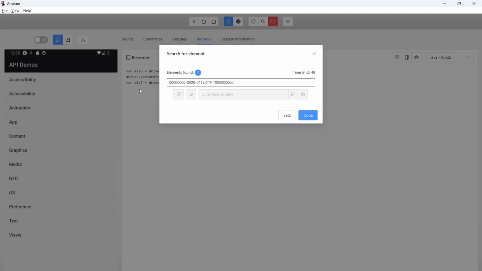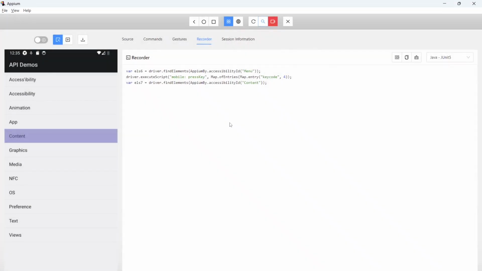The moment when you have given it, it has given that statement here, menu content find elements so and so. Okay, and